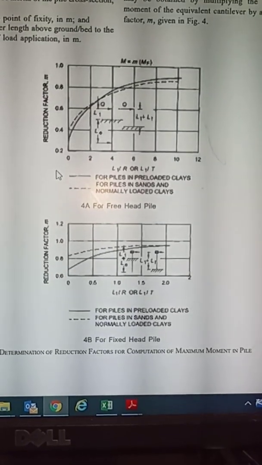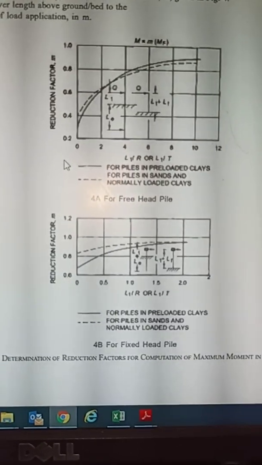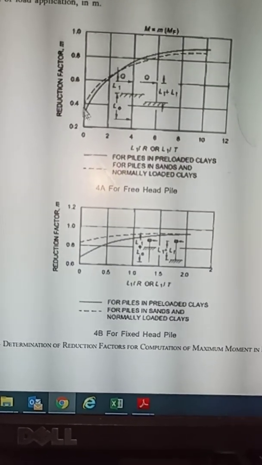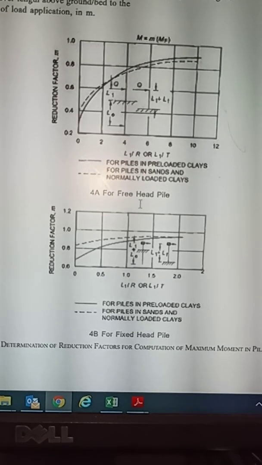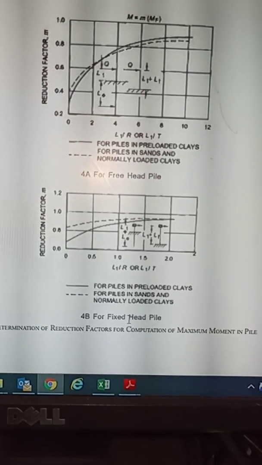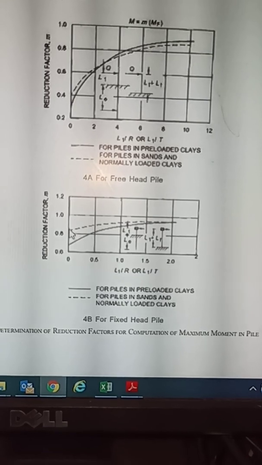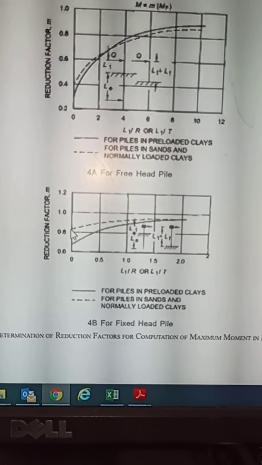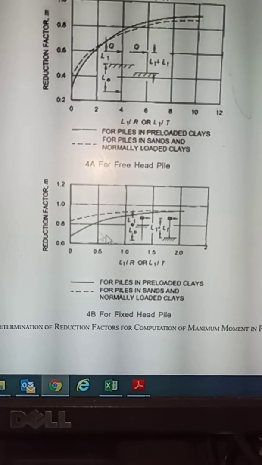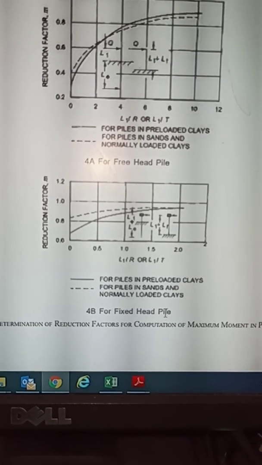This dashed line starts at 0.4, so we will take 0.4 as our reduction factor for the free head case. For the fixed head case, this dashed line, which is for our assumed condition, starts at 0.8, so we will take 0.8 as the reduction factor for our fixed head pile case.